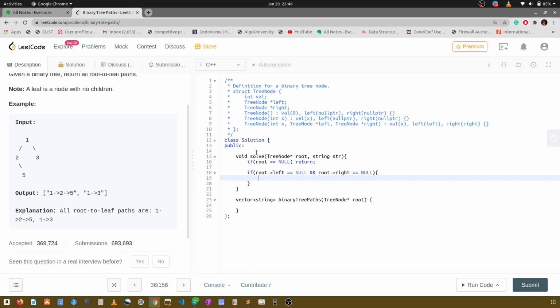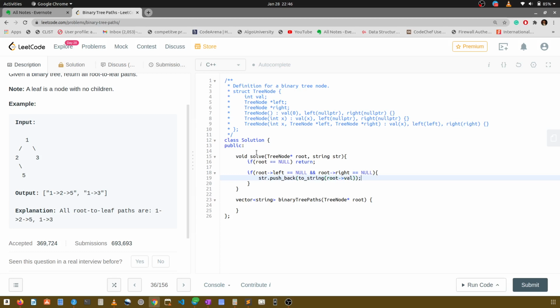So what I will do is str dot push back to_string, this is a function to convert any integer to string, of root val.